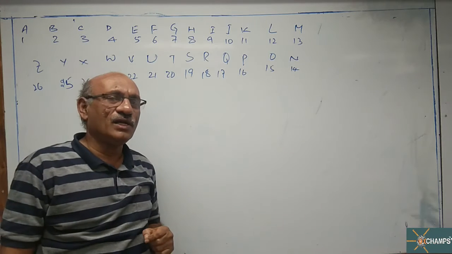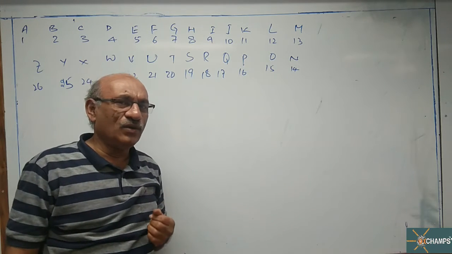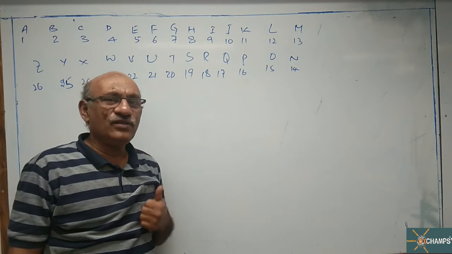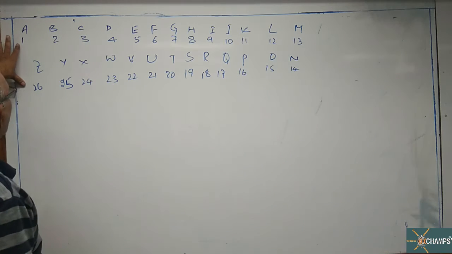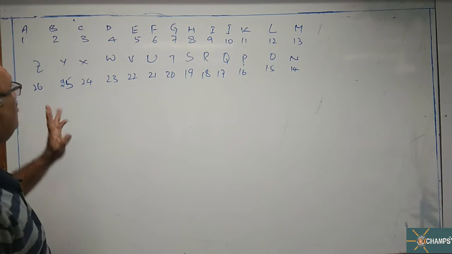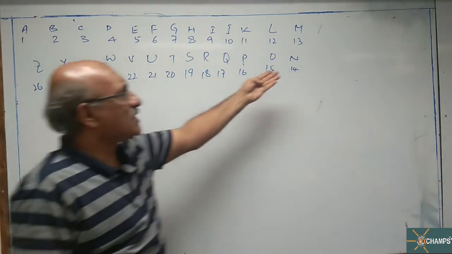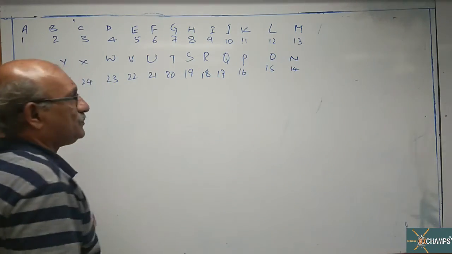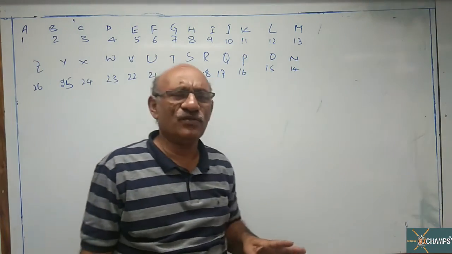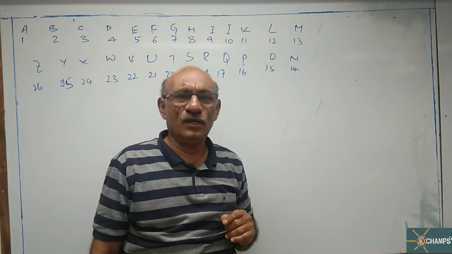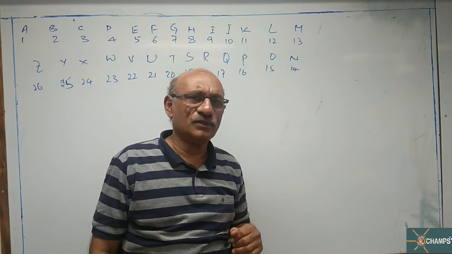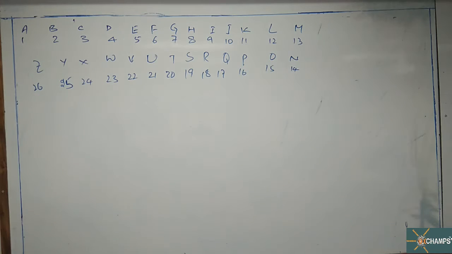Even in the exam, on the rough sheet, rough paper, you can write this, and it is easy to remember. Column total should be equal to 27. A to M, and starting with N, you move up to Z. This is compulsory, you have to remember. Then we can solve the problems. Let us see, I'll tell you how to identify this.